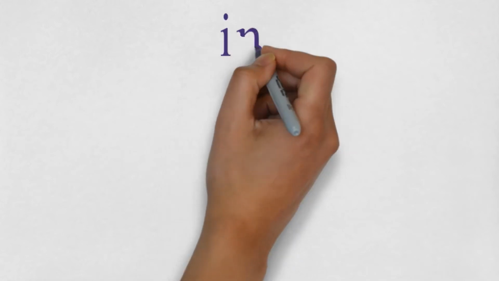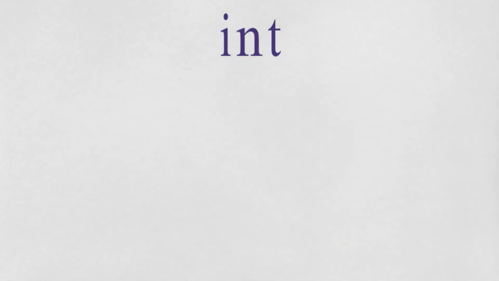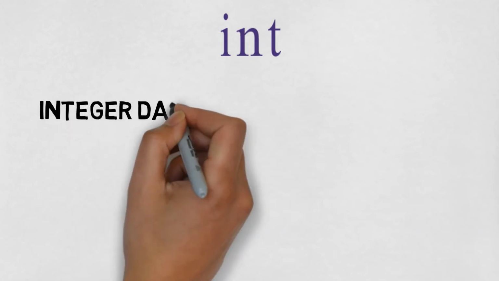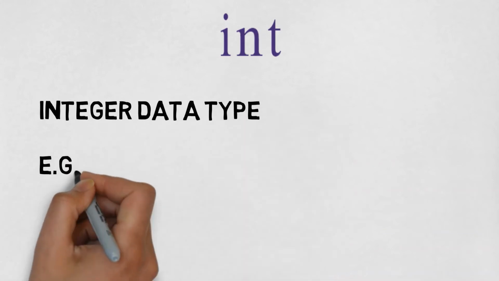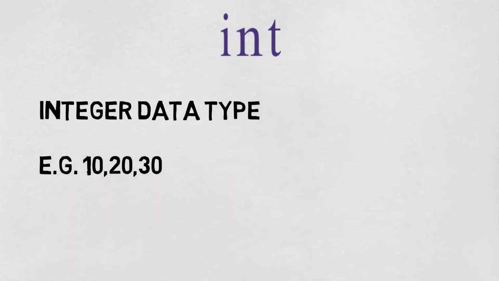Now let us look into the first numeric data type, as we have already said, the int data type. It is one of the most important data types among the numeric data types. int, as you have guessed, stands for integer data type, and an example could be any integer number that you can think of. So 10 or 20 or 30, these are all integer numbers. These are the examples of our integer data type. The general rule is that there should not be a decimal point.